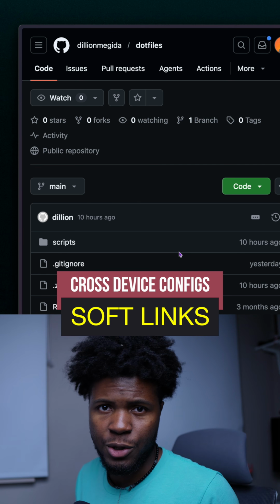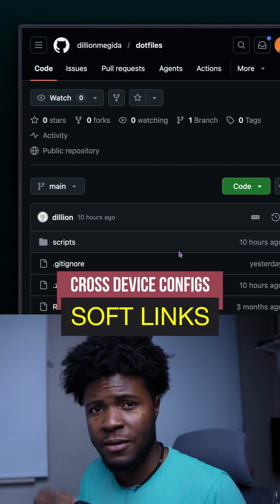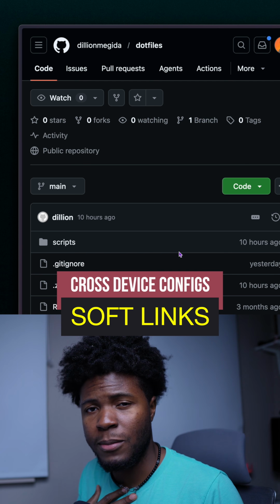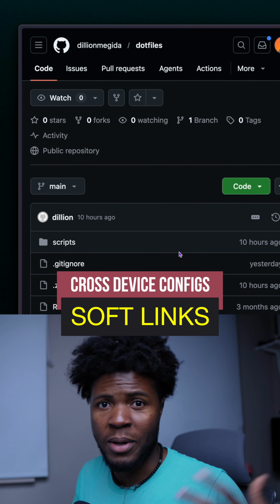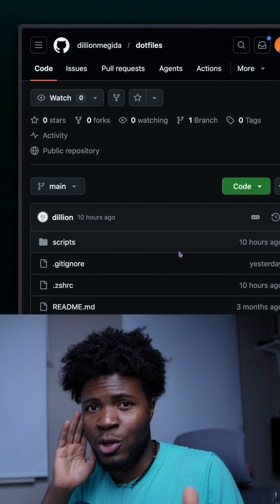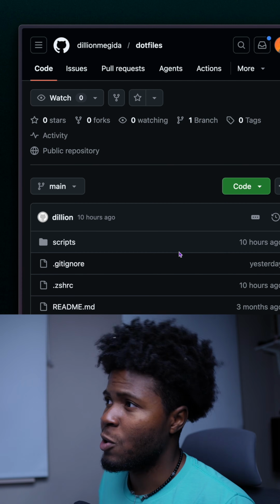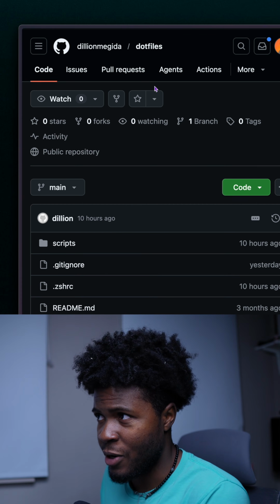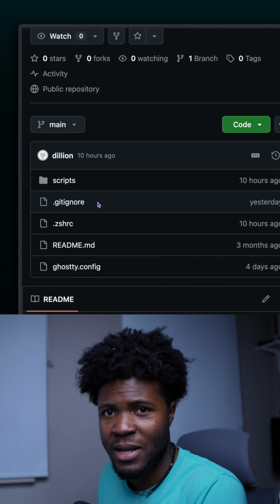One of my biggest frustrations when working on terminals is having a different terminal configuration on my personal laptop and a different terminal configuration on my office laptop. And I found a way to have just one configuration that I can use on my personal and office laptop. And that's with the combination of using a GitHub repository I have here, .files, where I can have my terminal